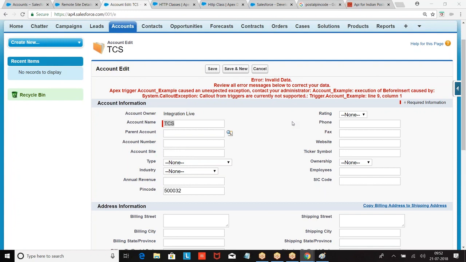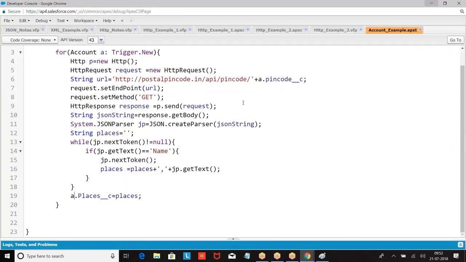In the after insert trigger, if you want to call a future method, I can pass the ID of the record. If it is not an after insert, then the ID will not be there. Then I have to go for what? Serialize the data as a string and pass it as a parameter. In the future method, they will deserialize and use it. Okay. Now here, what I am doing, I will take like a